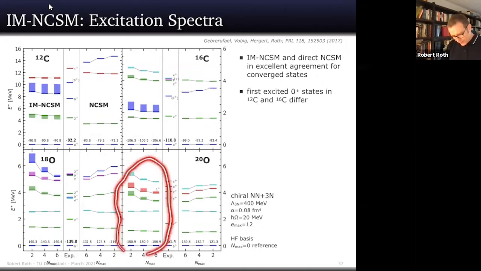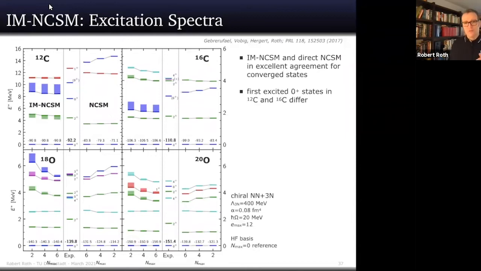This one can be run all the way on a single computer. I mean, for the in-medium SRG evolution, we don't even bother to put that onto different nodes. So we don't even parallelize the code in an MPI fashion. It's OpenMP parallel, of course, but this runs, say, 24 hours on a single node for the in-medium SRG evolution. And then it just depends how far you want to go with your final Nmax calculation. If you stay at Nmax 2, which is good for ground state energies, for example, this is a run which you can again do on a single node, essentially. So it's a huge saving.